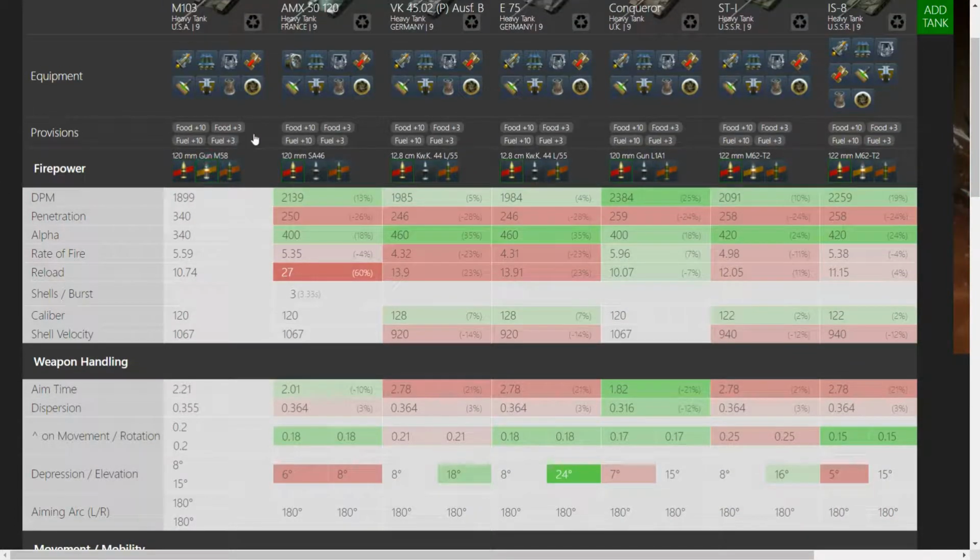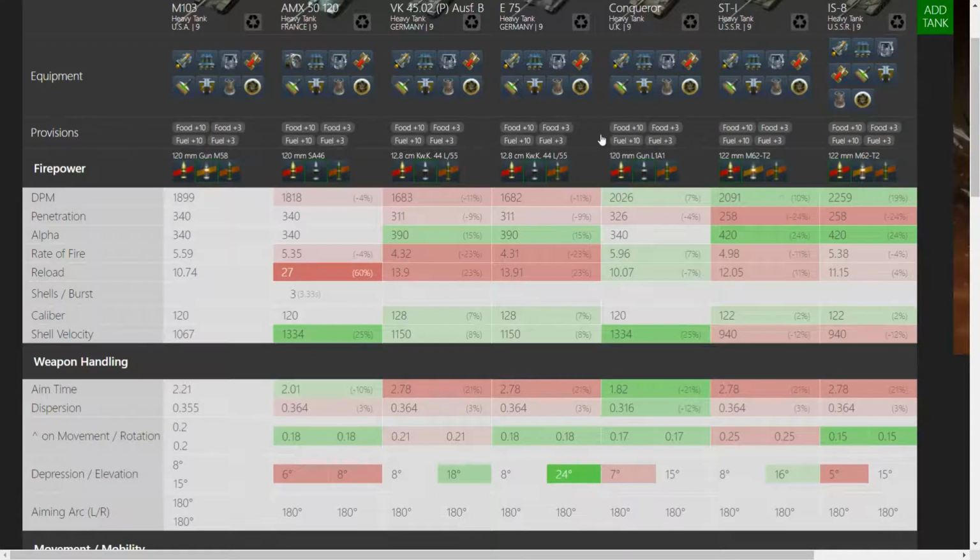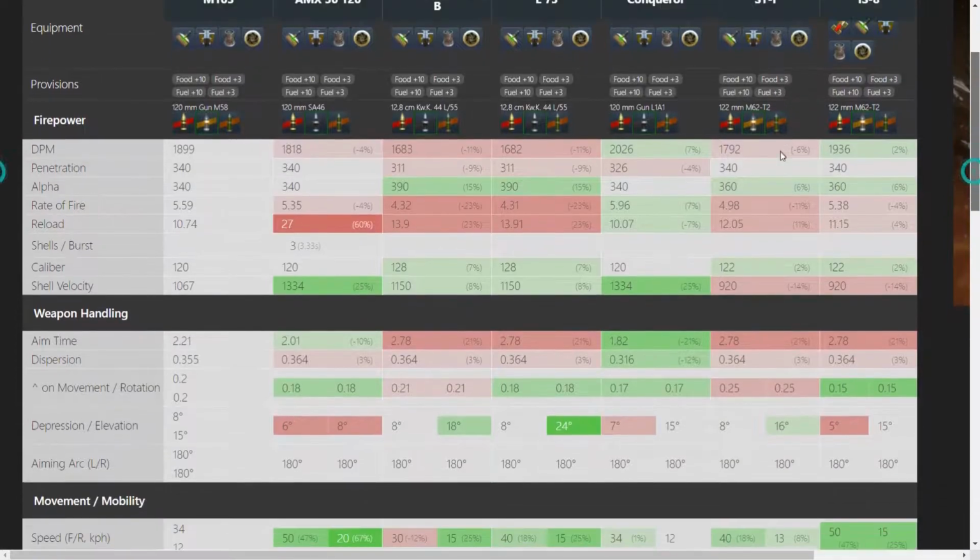If you switch to HEAT, you lose some of your penetration possibilities, because yes, you do 340, but it's HEAT, so it gets eaten by spaced armor. It's something to watch out for, and in that regard the AMX and the Conqueror and the E75 and the VK are in advantageous